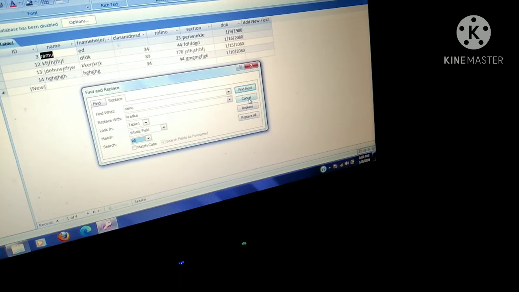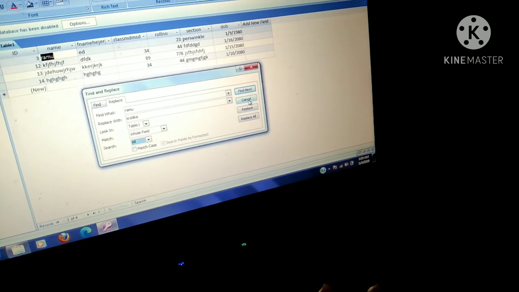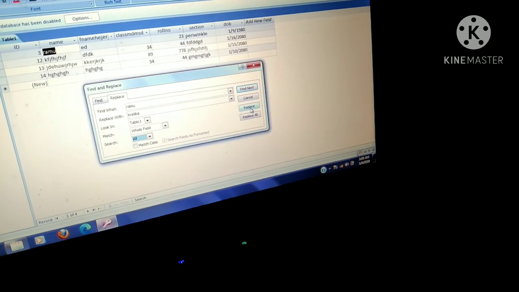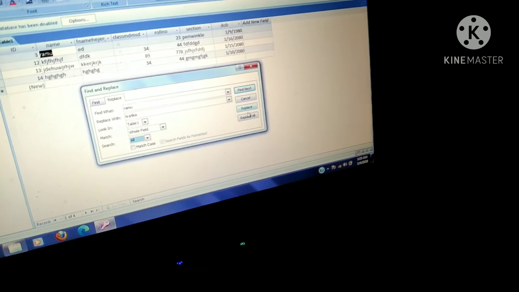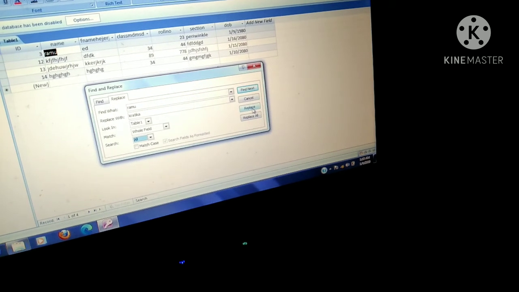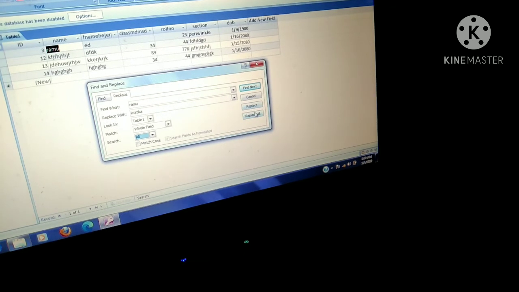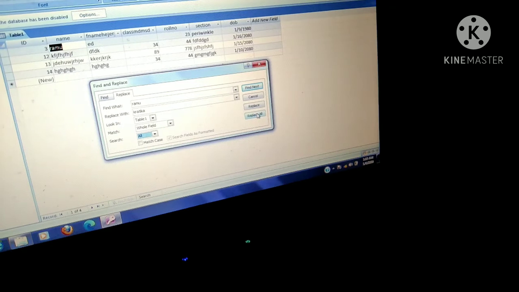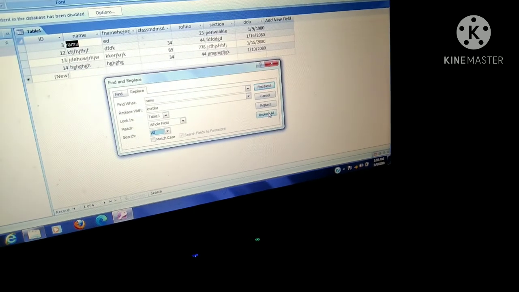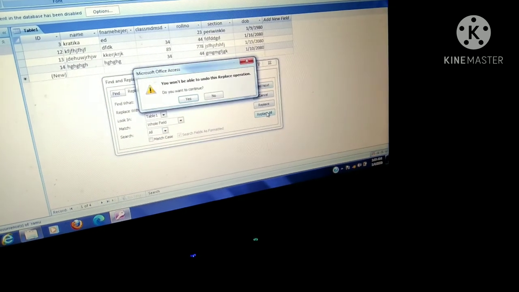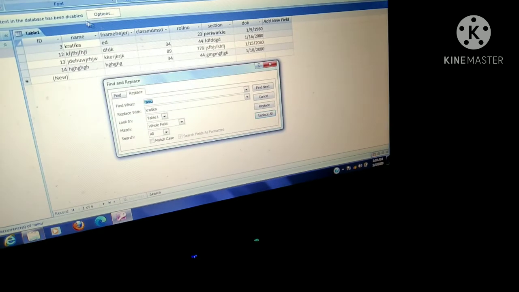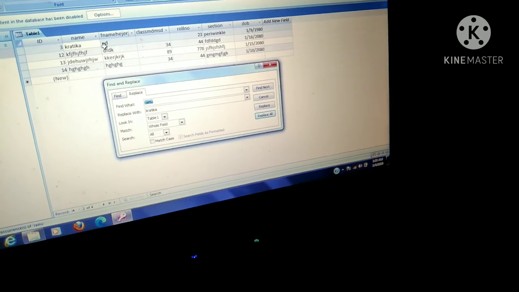And Cancel. Cancel means when I click on Cancel, this dialog box will disappear. Replace will replace that. Suppose 10 Ramu are there. If I click Replace, then it will replace the first existence of that record. If I click Replace All, then it will replace all the Ramu with this name Kritika. In my database, you will check, only one field has the name Ramu. I am clicking Replace All. It will replace that Ramu with Kritika. Done. It is visible to you now that Kritika is here in place of Ramu.